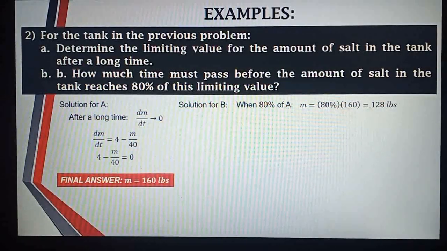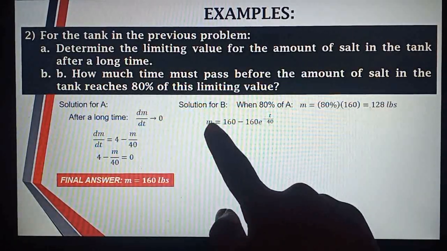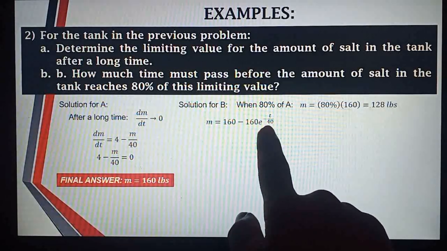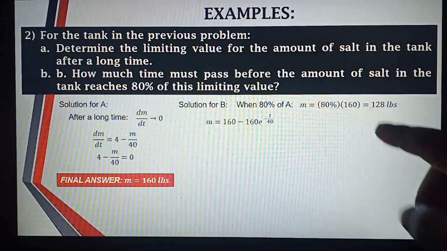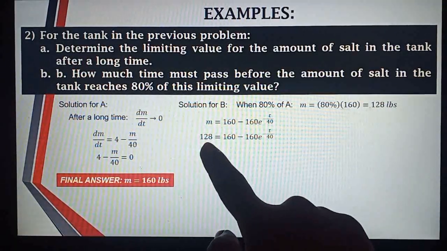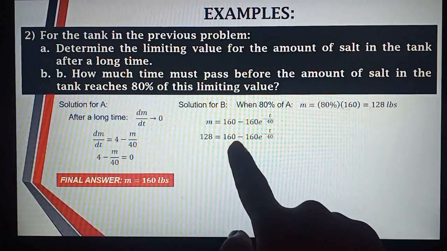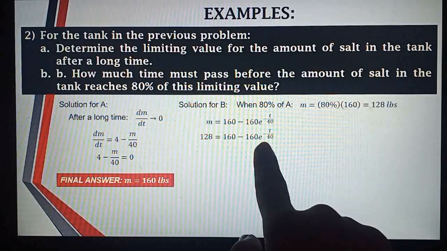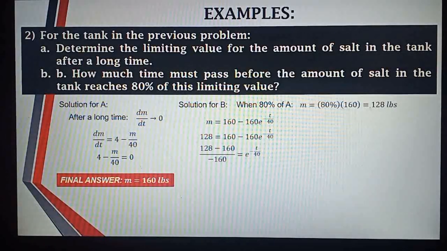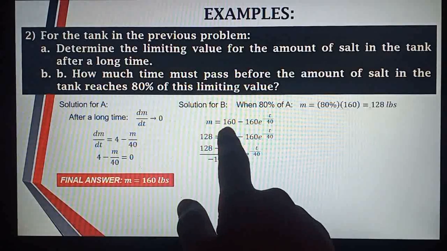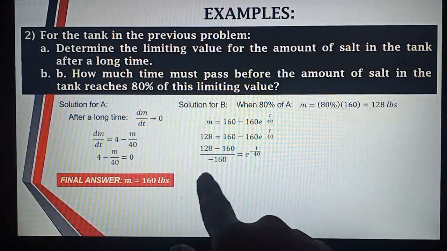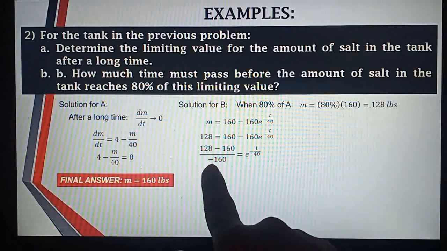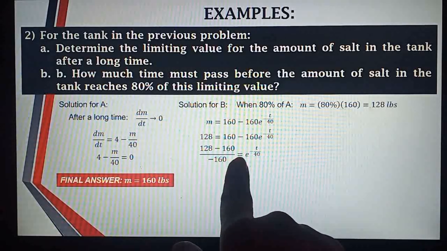128 pounds. So our equation earlier is m equals 160 minus 160 e raised to negative t over 40. The value of our m is 128 pounds. So you will have 128 equated to 160 minus 160 e raised to negative t over 40. Then simplifying the equation, you will transpose 160 to the other side and divide both sides by negative 160. So you will now have 128 minus 160 all over negative 160 equated to e raised to negative